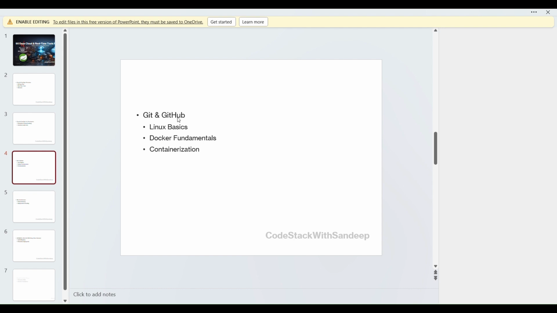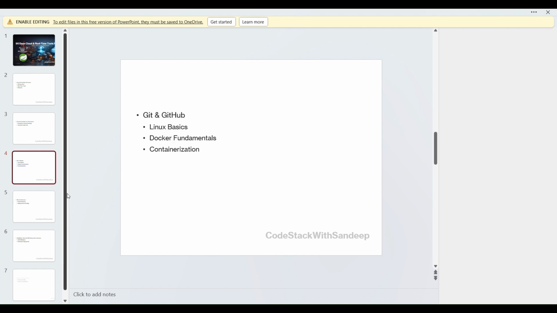Once we are done with the code, we will deploy our code to GitHub, and the Linux basics, most important whenever required for Docker and for deployment of our apps on EC2 instances in the AWS cloud. And Docker fundamentals, of course, we will be seeing.